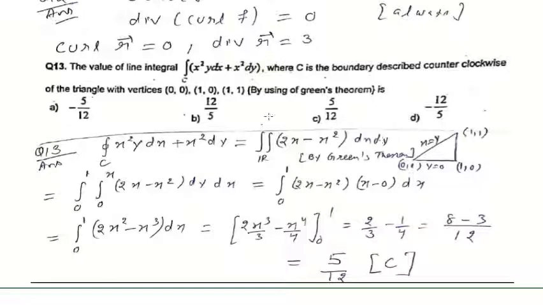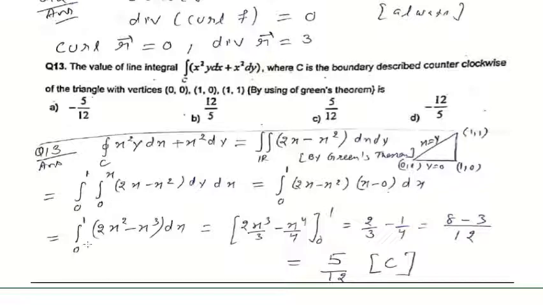Now you have to integrate this over the given region. The given region is a triangle bounded by the vertices 0 0, 1 0, 1 1. So here x varies from 0 to 1 and y has a variable limit. y varies from lower curve to upper curve, 0 to x. So y ranges 0 to x and x ranges 0 to 1. Integrate this with respect to y. As x is constant, there will be y only. So the y limit is x minus 0.